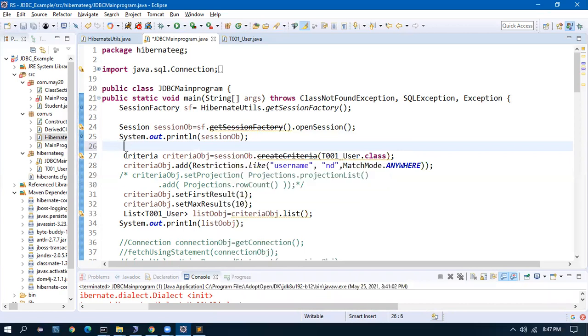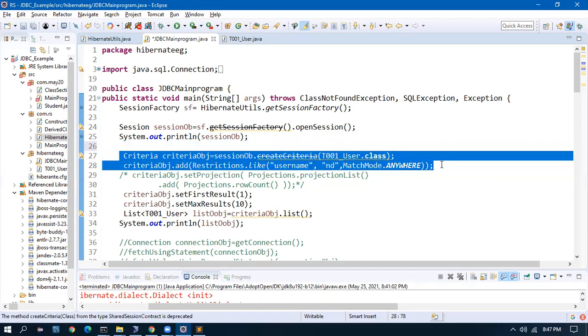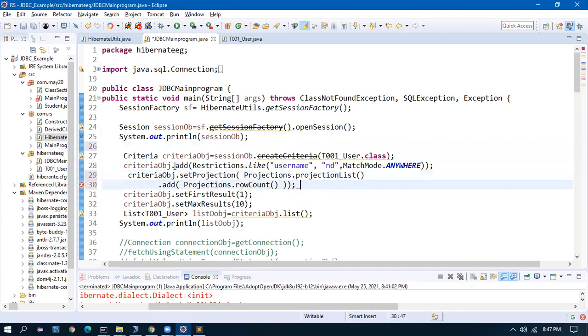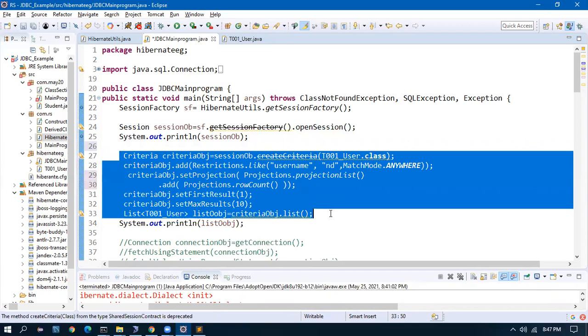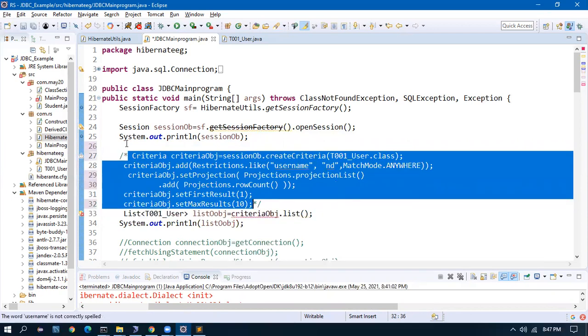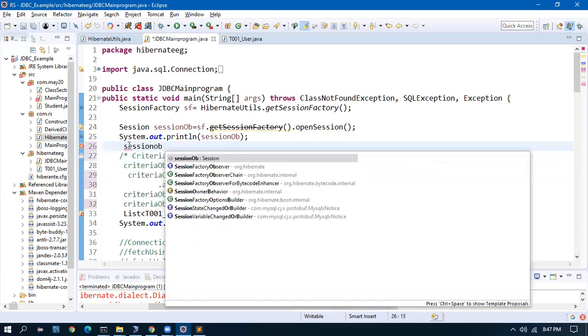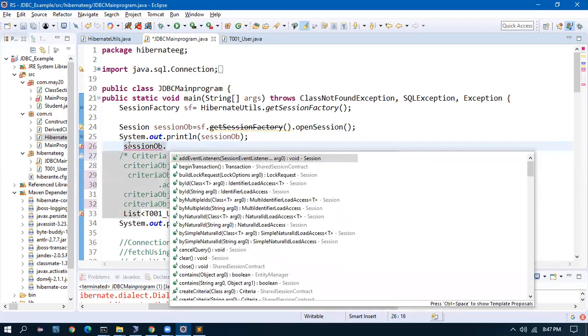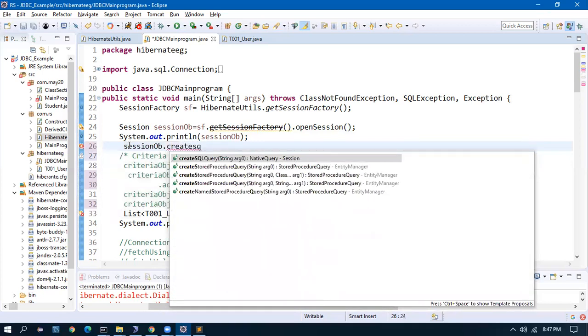Now coming back, how do we execute a query? I will comment this out entirely. On the session object there is a method, create SQL query.